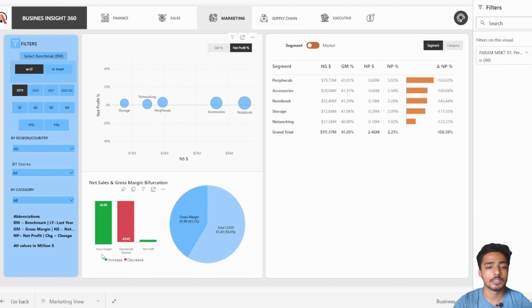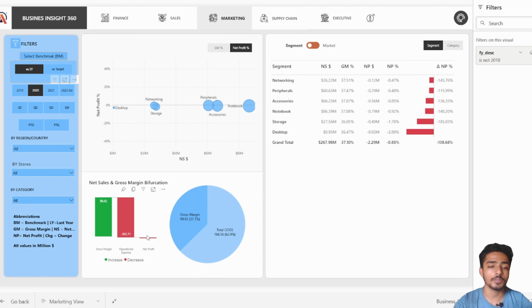And here from this waterfall chart we can see that although the gross margin is very high, the operational expenses are also very high. So that's why we can't get that much profit. If we want to get more profit, we need to work on reducing the operational cost. And after that you have this visualization where you have the networking segment by net